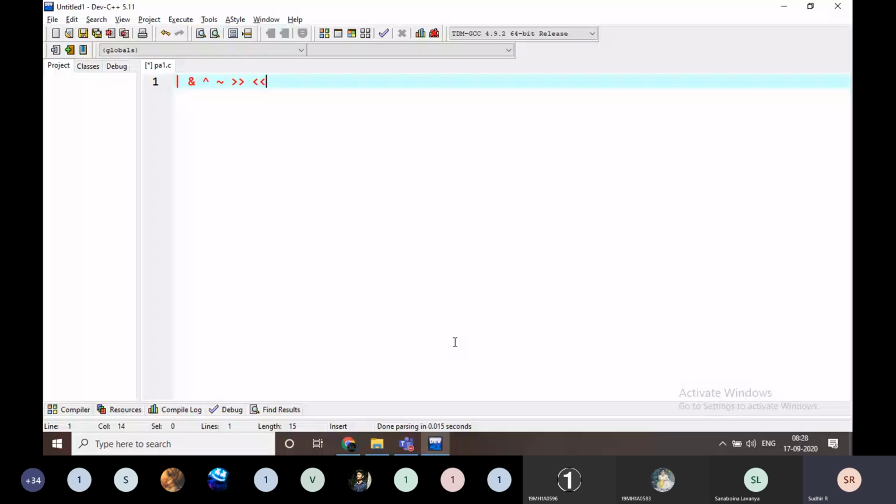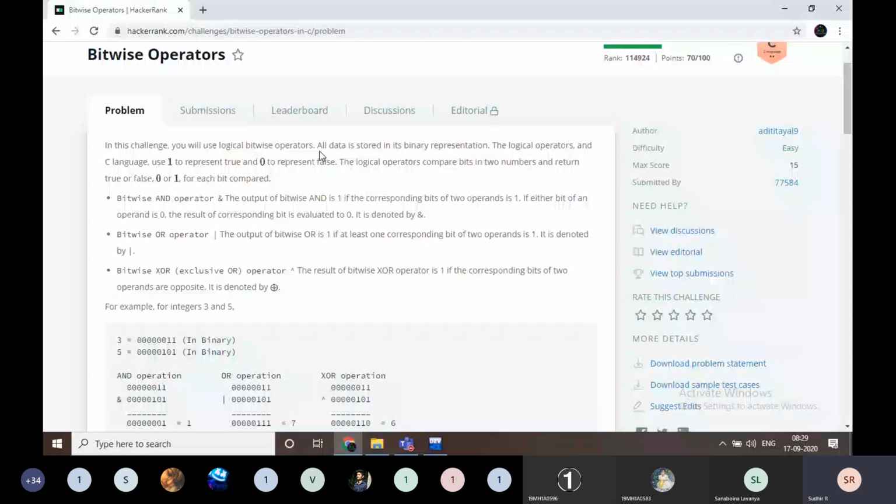Based on this one, we have to do something, and we have to read the question first of all. In this challenge, you have to use logical bitwise operators. All data is stored in its binary representation. The logical operators in C use 1 to represent true, 0 for false. Okay, bitwise AND operator.